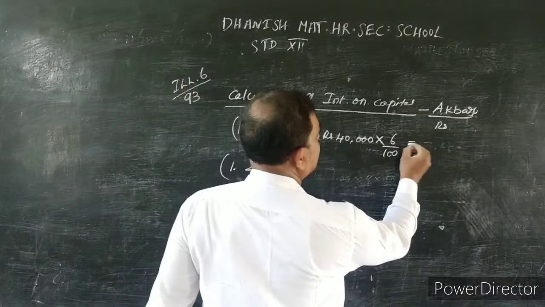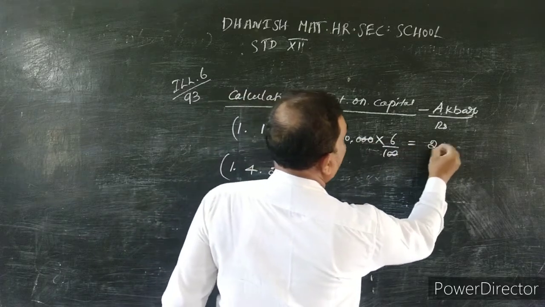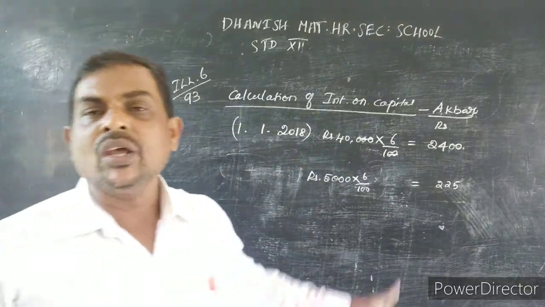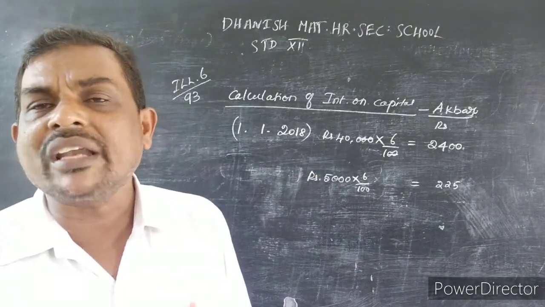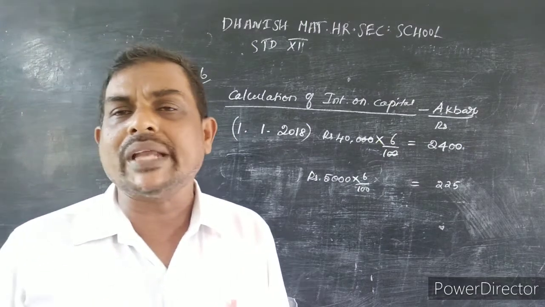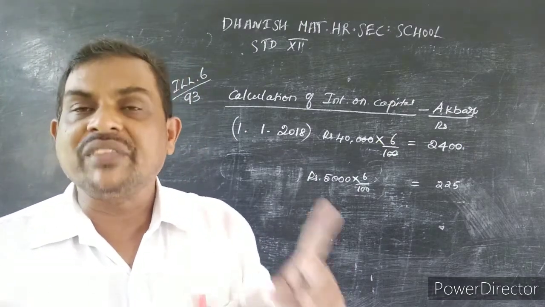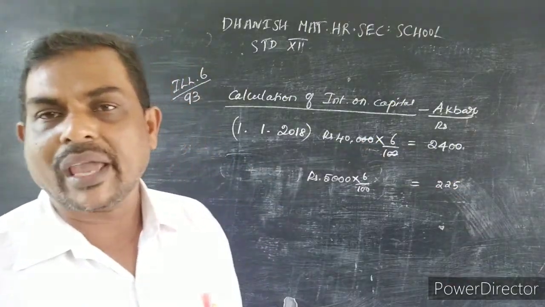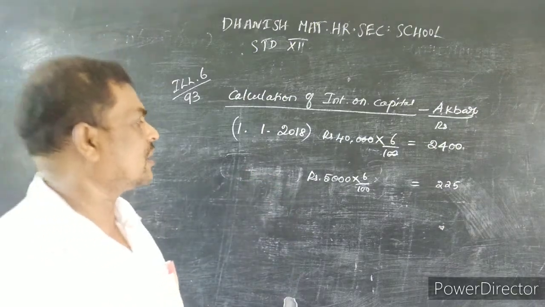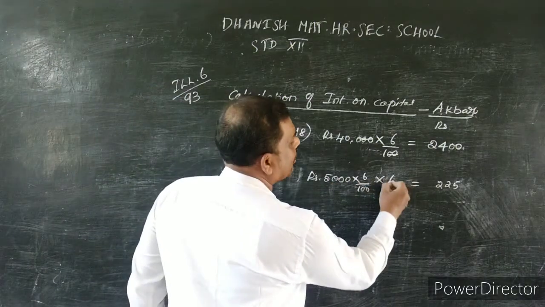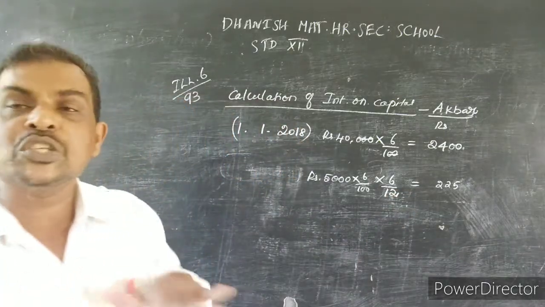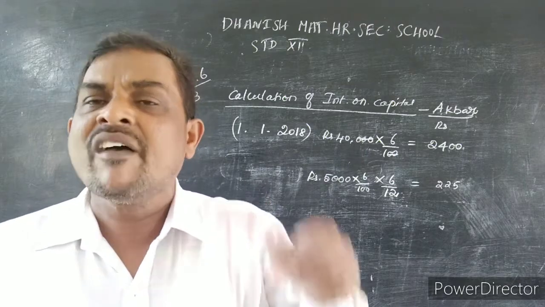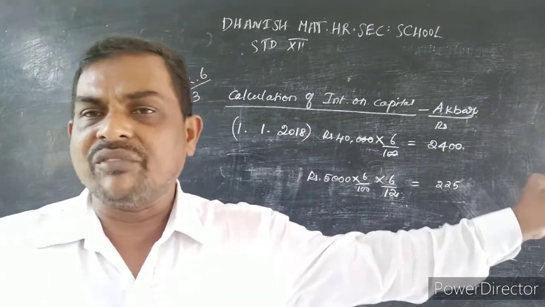How much will we get? 2,400. And for the additional capital, they have given only the amount. No date is given. If the date is not given, what we have to do is take the average period only. If the date is given, then from the date to the closing date we have to calculate. If the date is not given, we have to calculate for average. Average means 6 months. If the additional capital date is given, we calculate the interest on capital from the additional date to the end of the year.